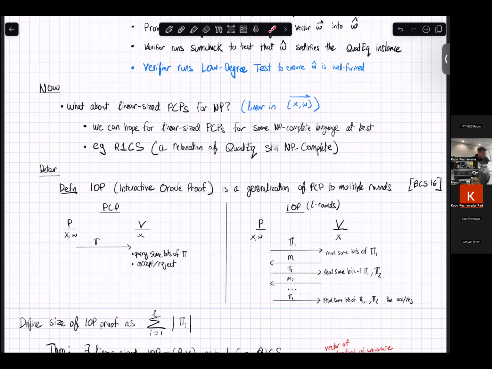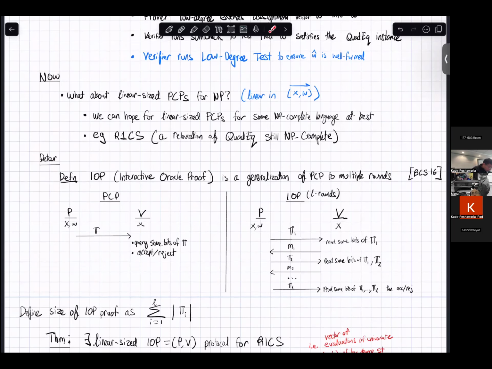Now, a slight detour. We could also hope for linear size PCP for every NP language. We could, but that's definitely a harder thing to do. So you're doing it just for a problem. Yeah. You're absolutely right. Let me re-clarify what I was trying to say. We can't just show a linear size PCP for one NP complete language and then say that we have it for all of NP. Right. That's what I really meant to say. Yeah, thanks.